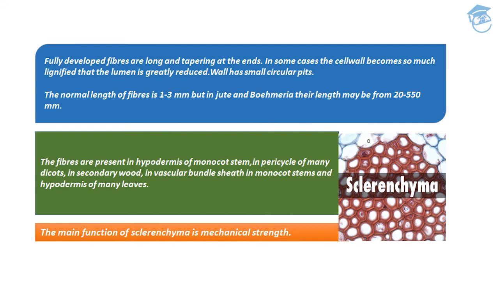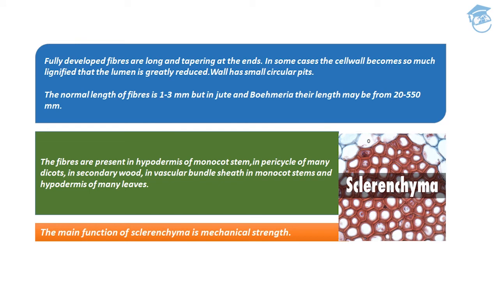So fully developed fibers are very long and tapering at the ends. If you see the LS section, that is the longitudinal section of sclerenchyma, and if you see the transverse section of the sclerenchyma, then it looks somewhat like this. So in some cases, the cell wall becomes so much lignified that the lumen is greatly reduced and the wall has small